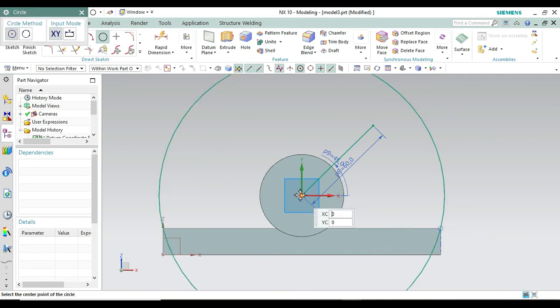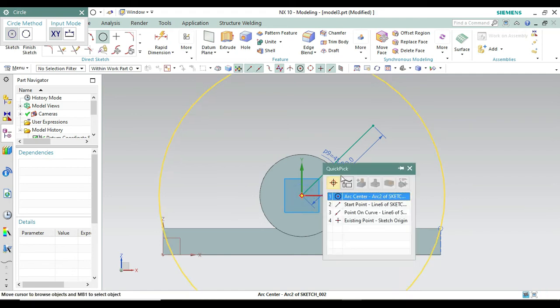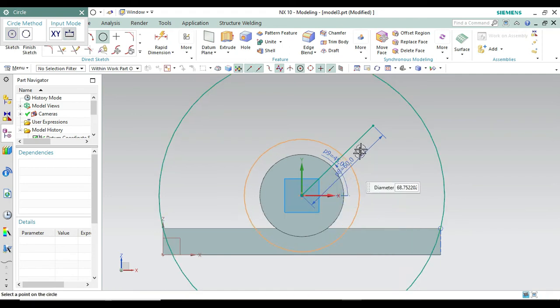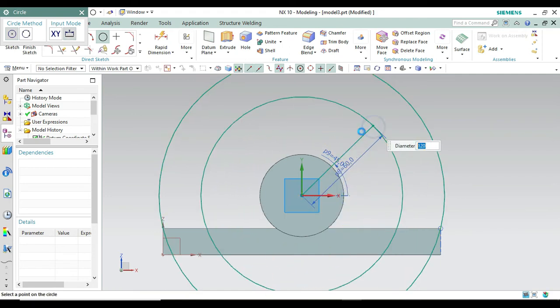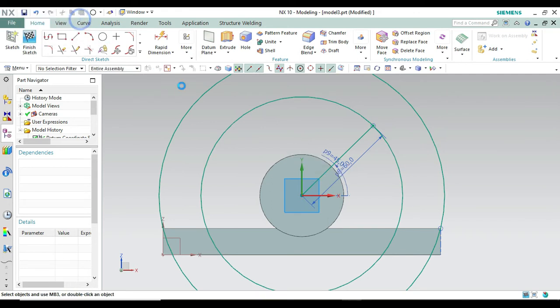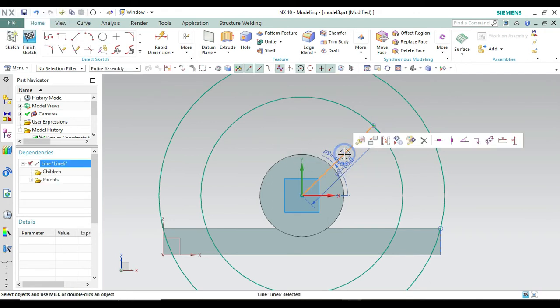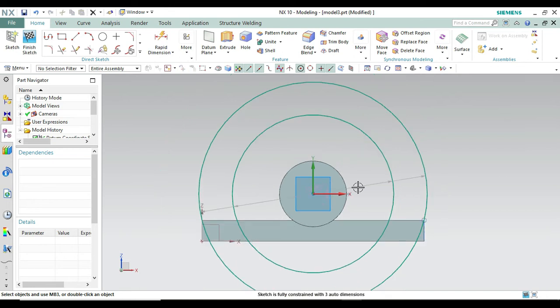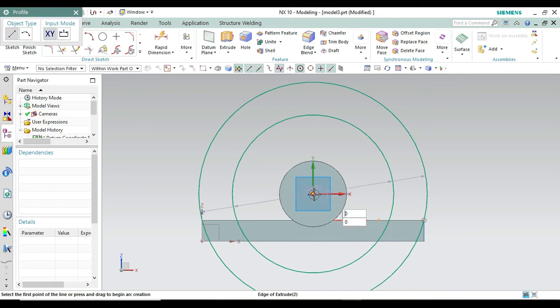Now again create an arc with the center from here, up to the end point of this line. Now let's delete this line because there is no need for it now. We have deleted this. Now go to the Profile command and from this first point create a line to this end with a length of 25 and an angle of 90.